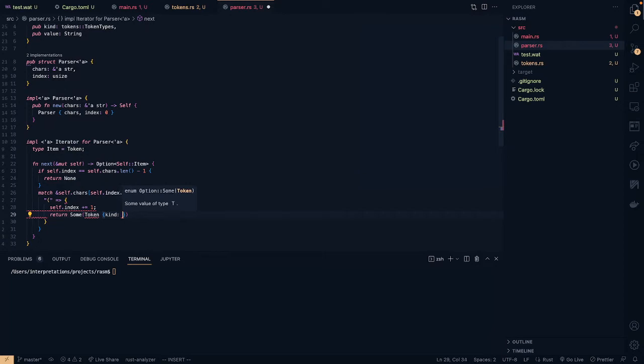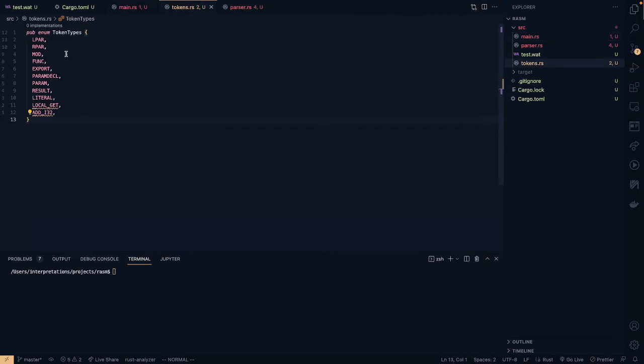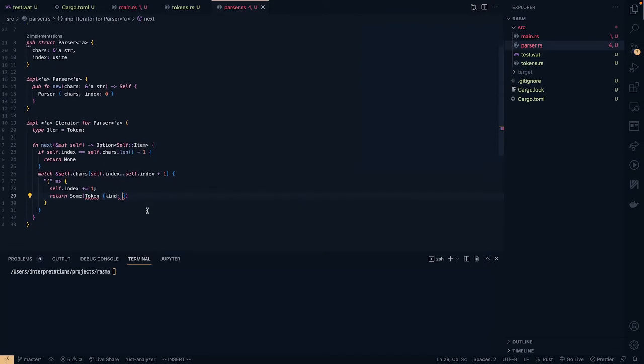Our kind here will come from our tokens, and so for our tokens, let's go ahead and comment out most of this, and then we can worry about commenting them back in as we implement them. The first one that we'll have is an open paren. So here that is tokens, token types, L par, and our value will be,